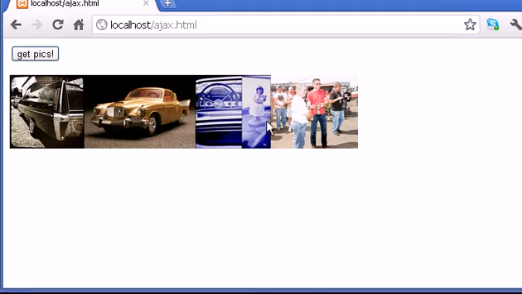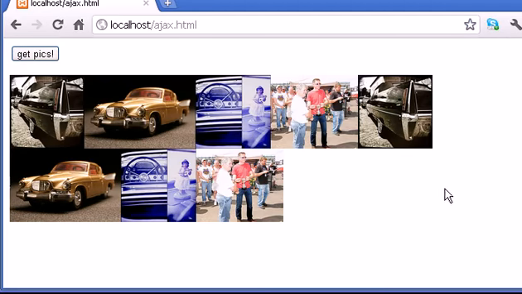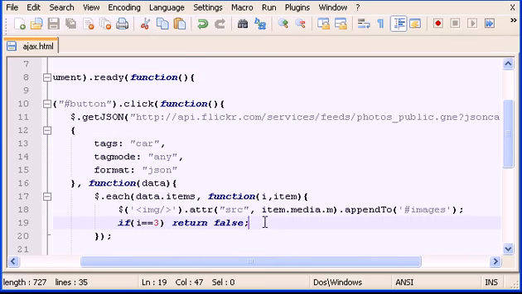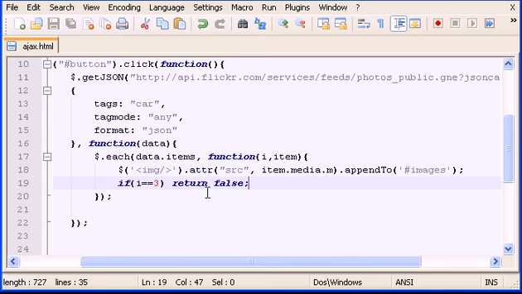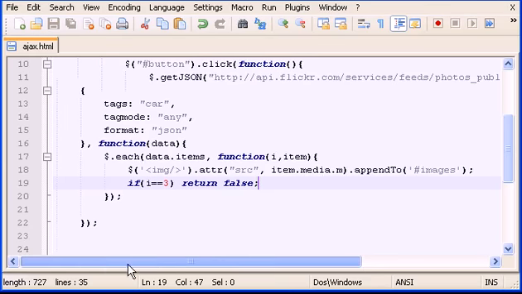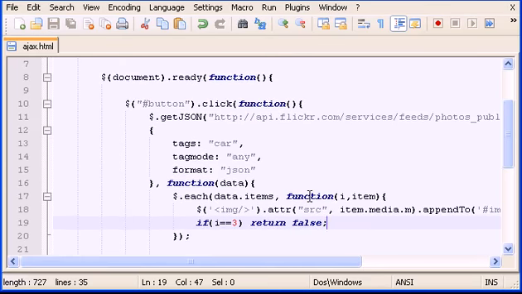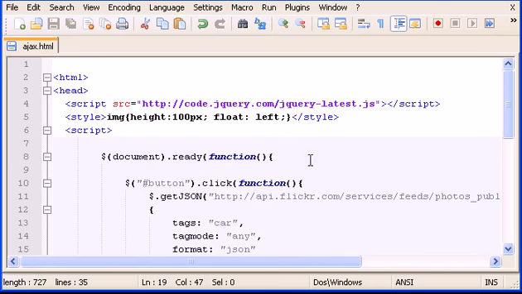If we click get pics, this happens. If I click again, okay, it's always appending. I don't want this to happen. I want that whenever I click this button, 4 appear, and then if I click again, only 4 will appear. I don't want this to be always appending. So to do that, what we have to do in here